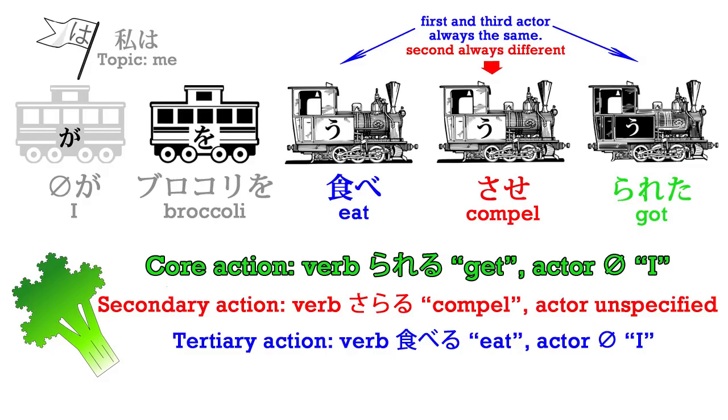And the compelling of the person to do something is always done by someone else. So we have 3 verbs, 2 of which attach to the person who received the compulsion and who did the action because she received the compulsion. And the middle one belongs to the person who did the compulsion.